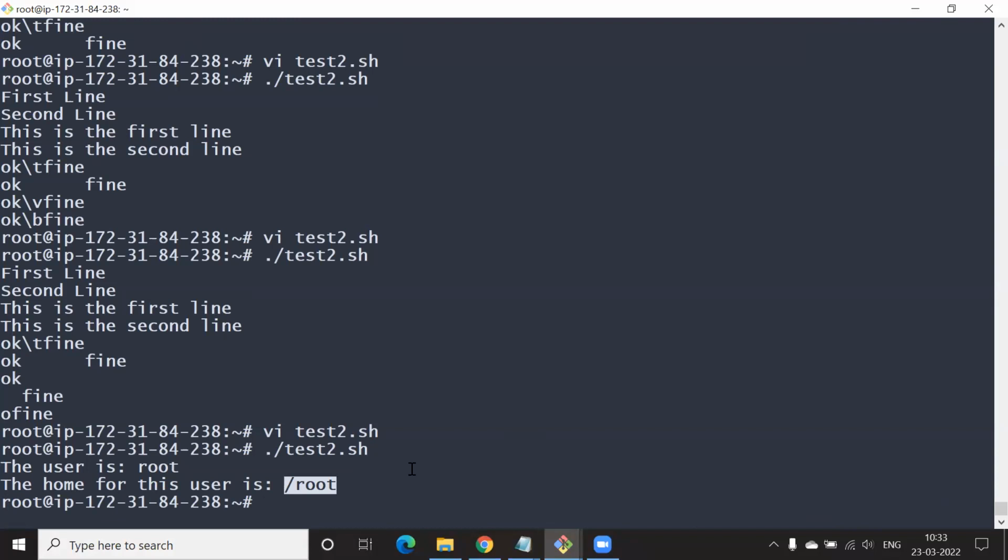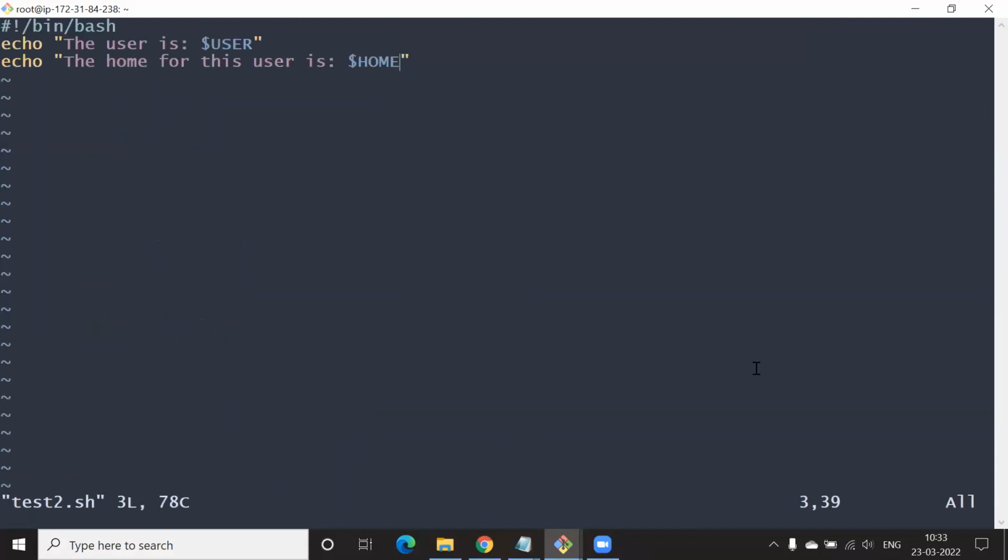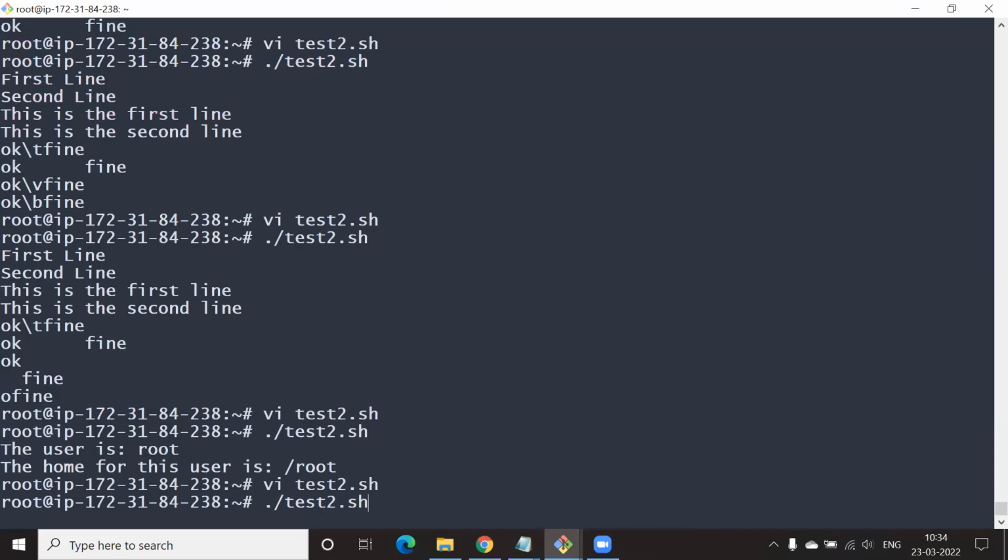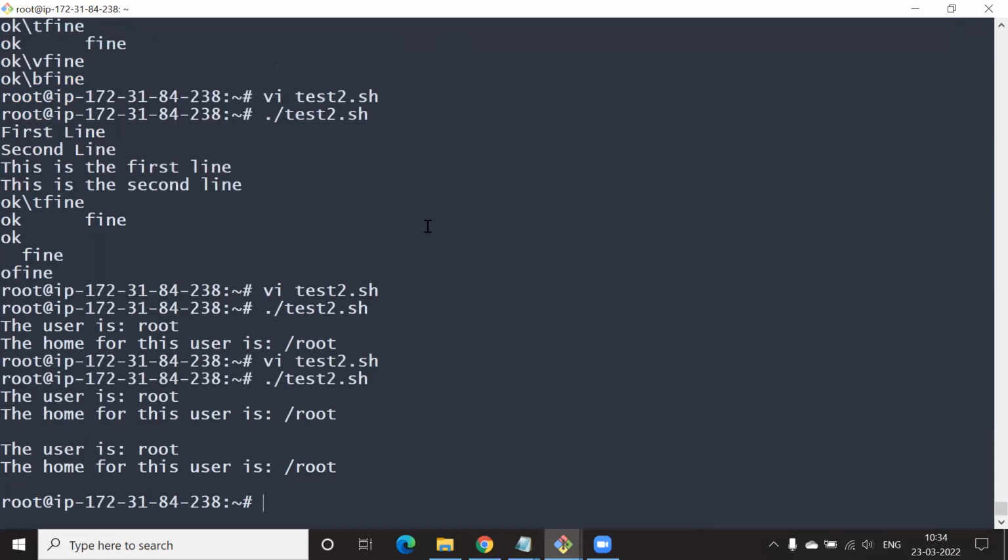Okay. And now go back to the file and paste this also below. So what is the difference here?